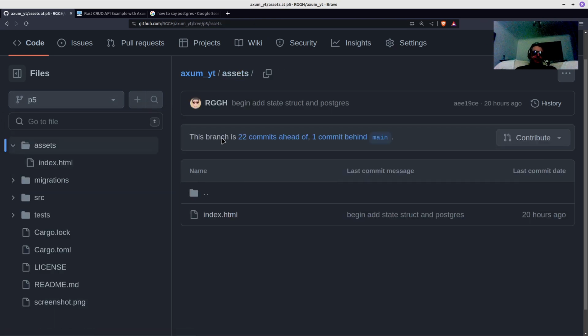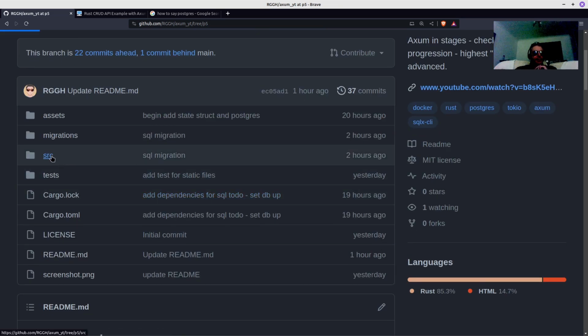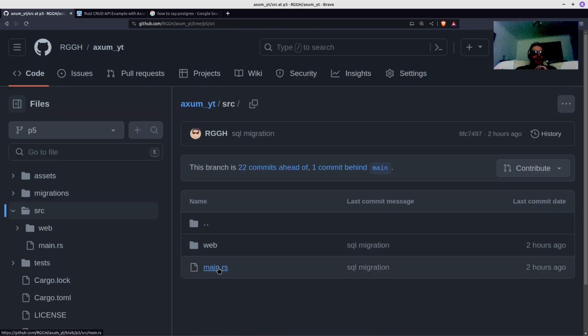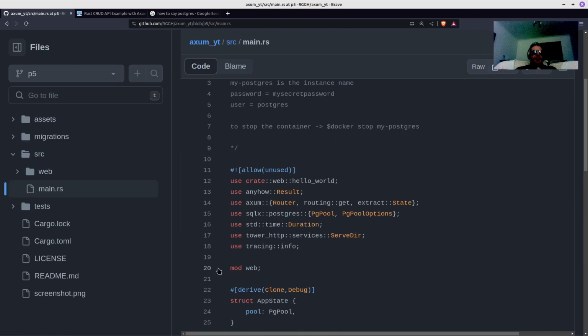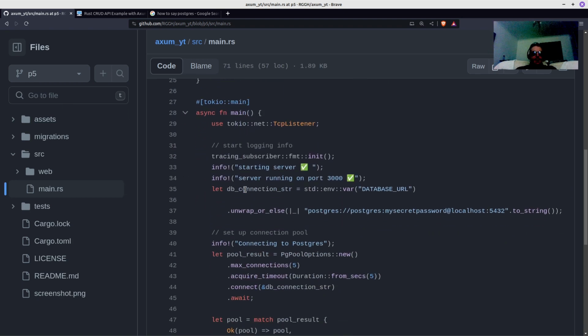I'll just show you the database connection part, and then I'll wrap it up. So at the moment the database connecting bit is still in main, which ultimately probably needs refactoring and putting somewhere else. But for now,